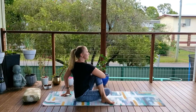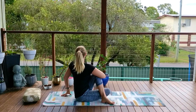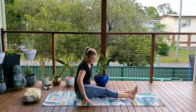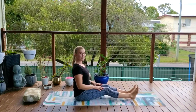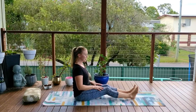Take one more full inhalation, drawing the breath down into the base of the lungs. And then on the exhalation, come back to facing forward. Extend both the legs out, coming back into Dandasana. This time we're going to bring a little bend into the knees. We're going to sit up nice and tall and move into Paschimottanasana, which is our forward stretch, but a stretch